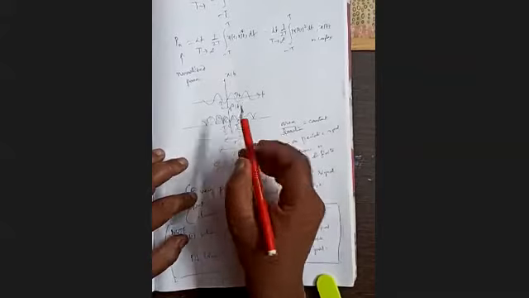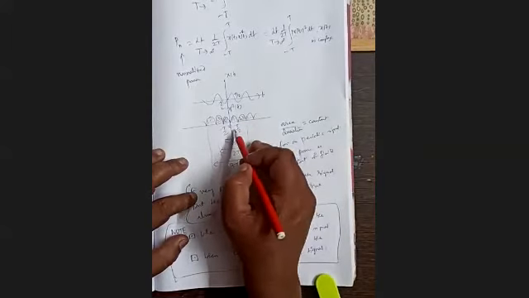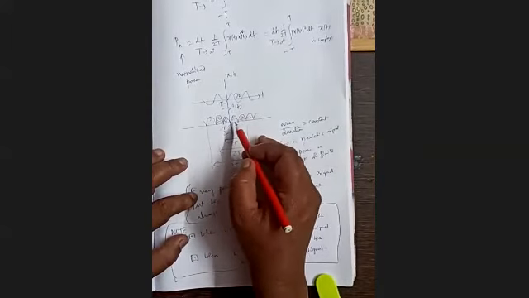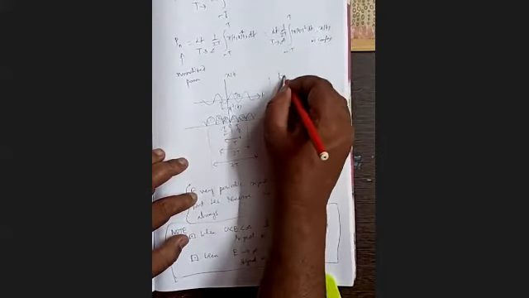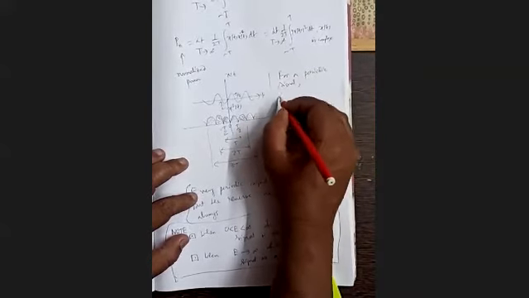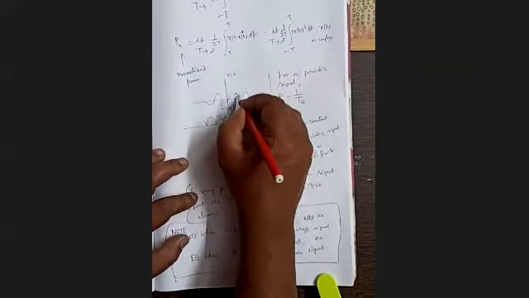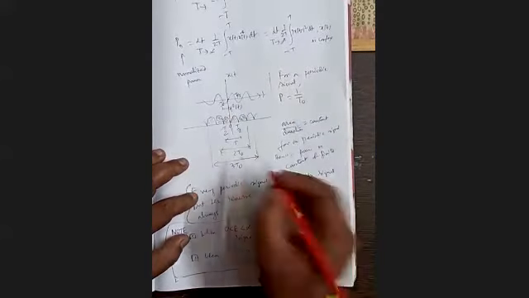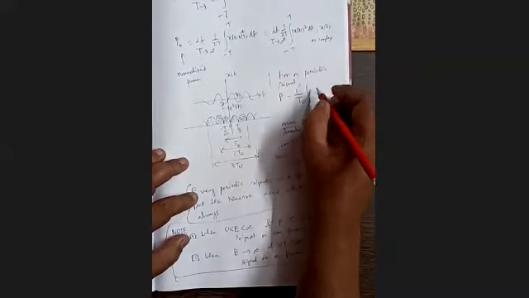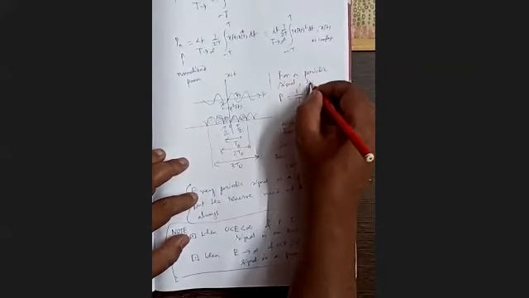Now note that for a periodic signal, we know that area divided by duration is always finite. So it is sufficient to take only one period to calculate power. So we can write for a periodic signal, power equals 1 by T0 integration of x squared(t) dt, from t0 to t0 plus capital T0.